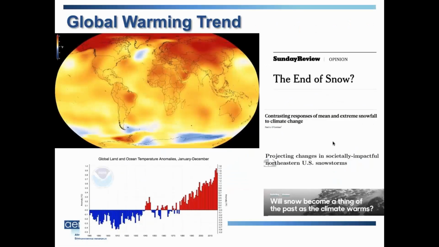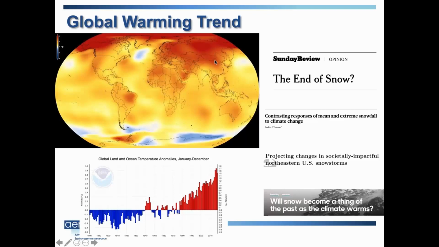I want to bring Arctic change into this, because I think there have been some interesting trends that were unexpected. So here's, I think, the temperature anomalies, the trend maybe through last year, 2018.